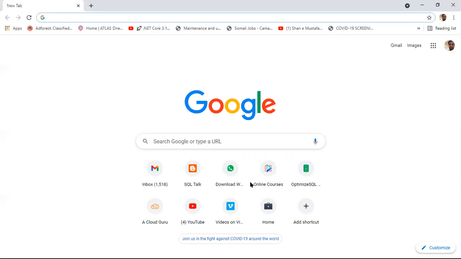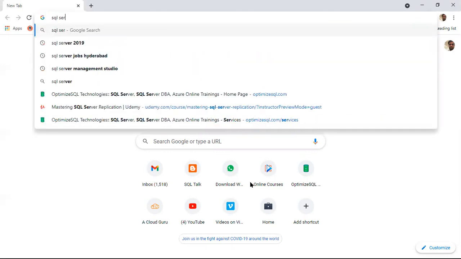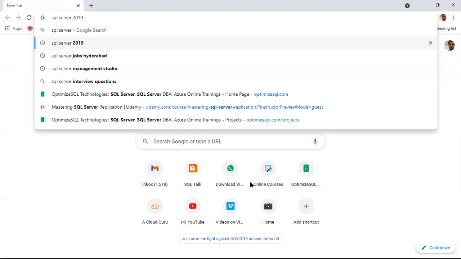Right. Let's see what I will do. Just type here SQL Server 2019. Say in your laptop you have Windows 10, generally we have Windows 10 in our laptops today. On Windows 10 we can install SQL Server. Tomorrow you try to practice this.